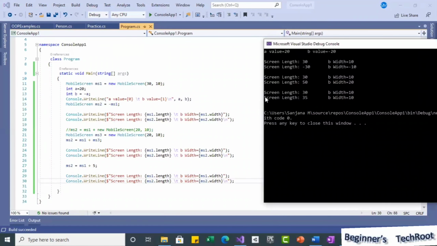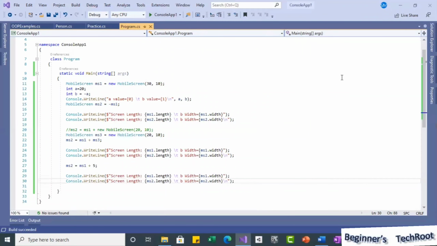Here it called the first parameter as mobile screen type and second parameter as integer type, so only length increased by 5. Here both parameters we passed as mobile screen type, so automatically that method overloading is decided, and length and width of both objects are added, and the resultant object we got is 50 and 20. So this is operator overloading.